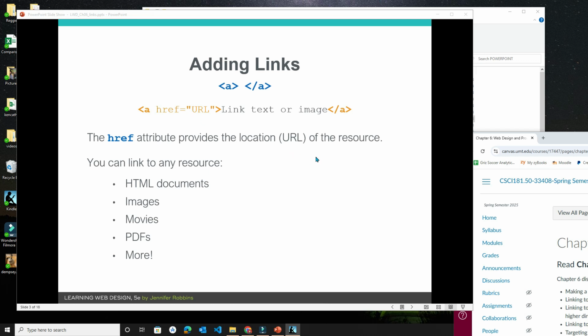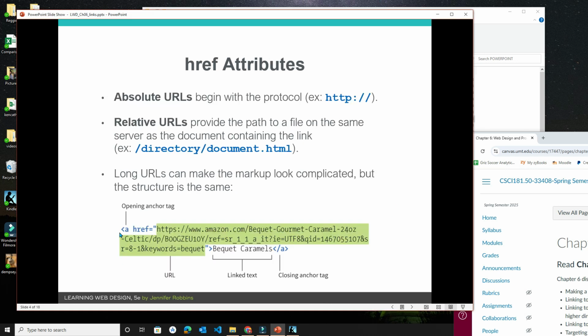That could be some external site. You could link to other HTML documents, images, movies, PDFs. Here's an example of providing an absolute URL to the href attribute. You would do this if you were going to link to some external site. You have to give it exactly the full path of where to go. The text that is going to be the hyperlink, the link text, is right here. It's surrounded by the anchor tags, but then we have this href attribute that's equal to that full URL path,